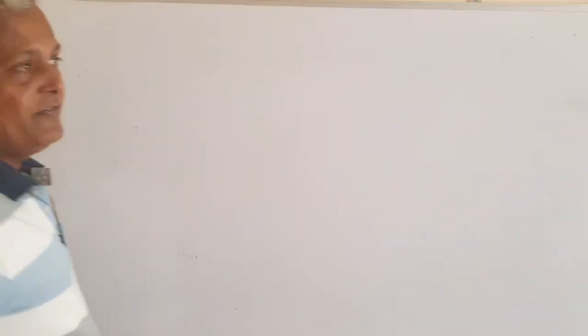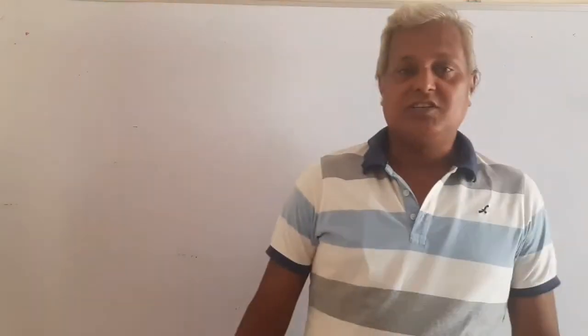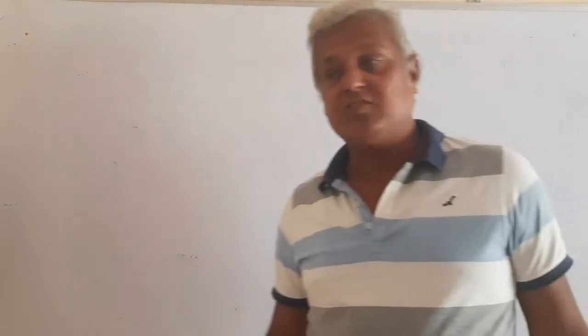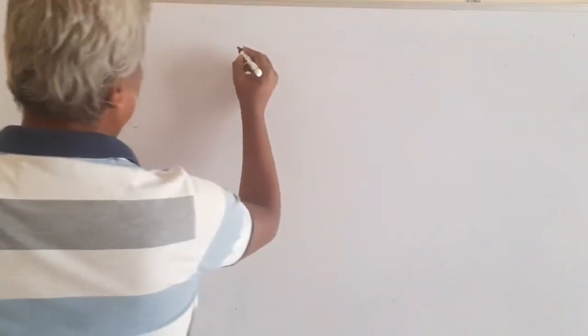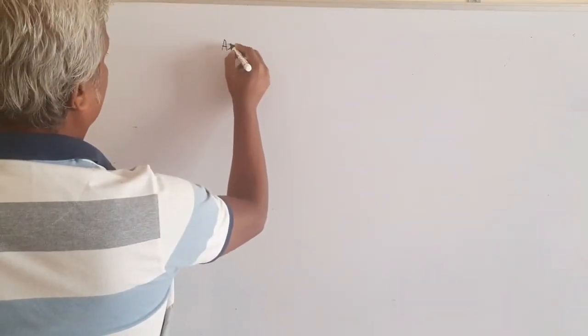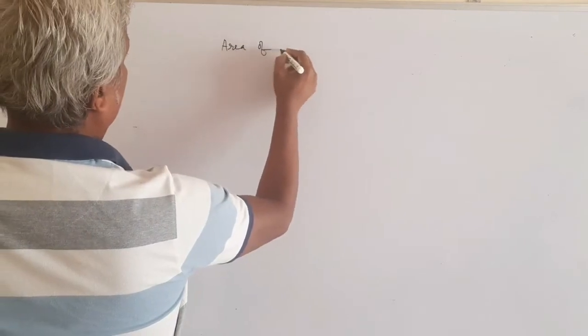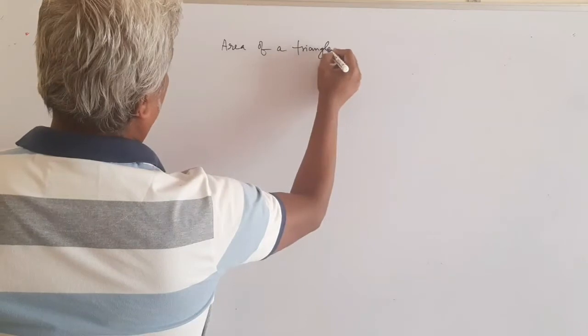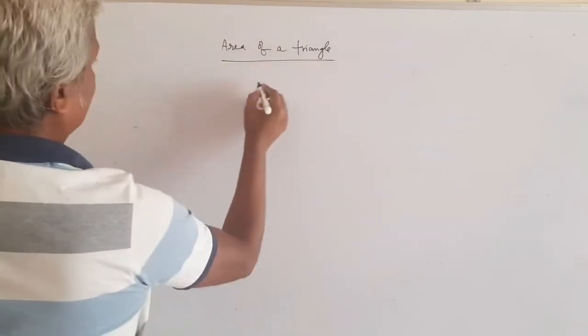Okay, very good afternoon friends, and in this video we are going to discuss the Napier analogy and some other important aspects of how to find the area of a triangle using trigonometry. So first I go for the area of a triangle. This is a triangle